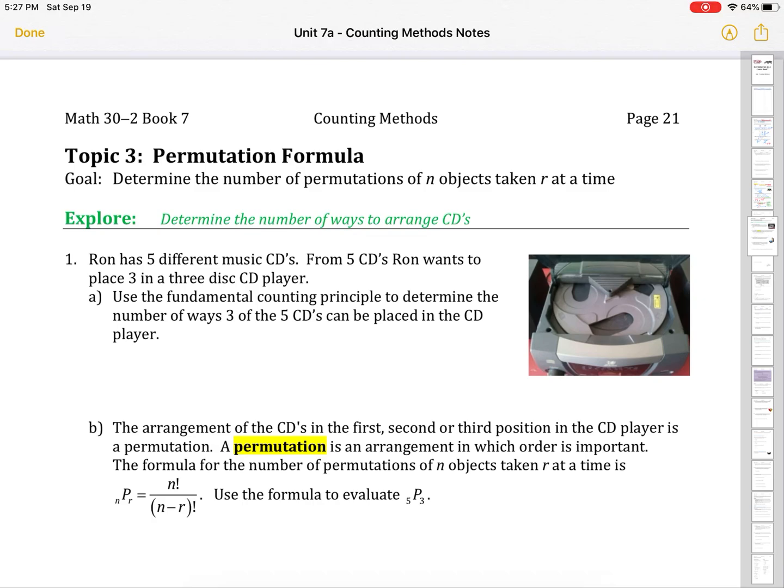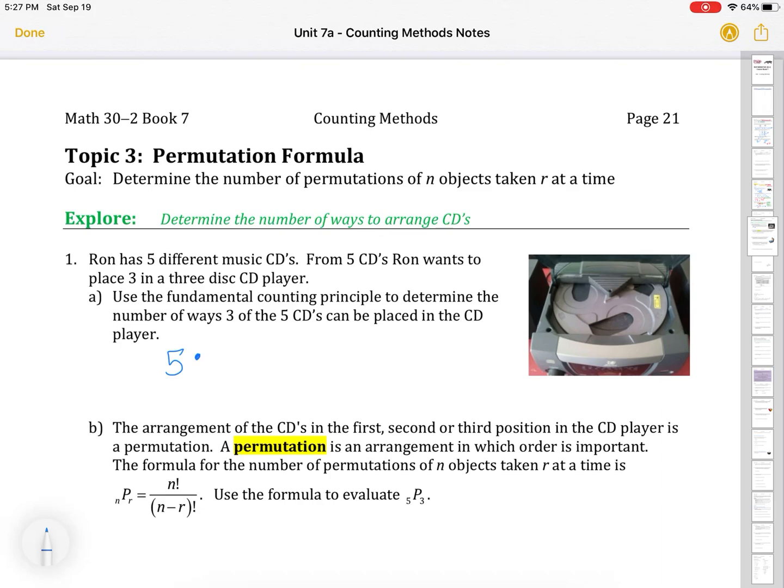So here's our first example. Ron has 5 different music CDs. From the 5 CDs, Ron wants to place 3 in a CD disc player. We're going to use the fundamental counting principle to determine the number of ways 3 of the 5 CDs can be placed in the CD player. So using the fundamental